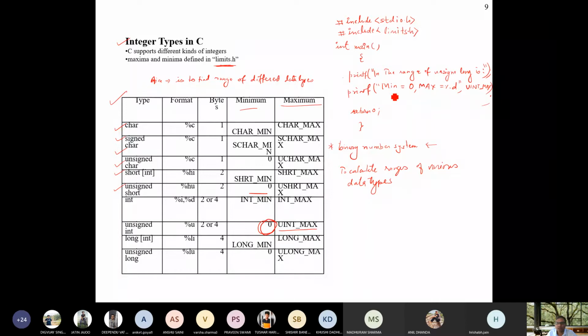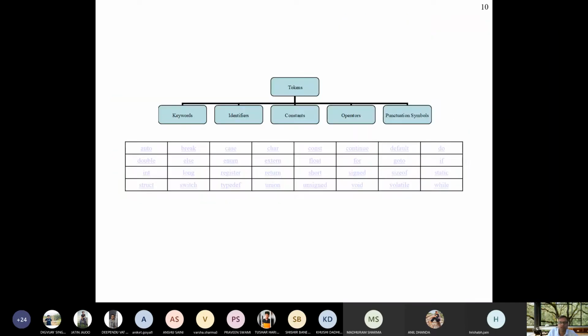Suppose the same thing is used for long integer. If you are using it for long integer, then you can use %d here, and just write long underscore min. Fine. It will give you output, and if you are not able to run this program, then please tell me.